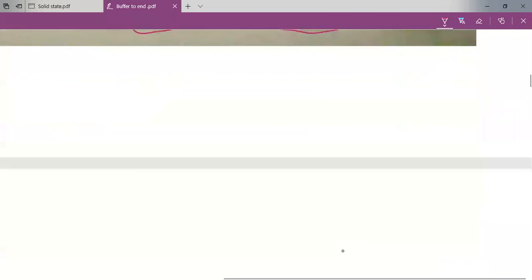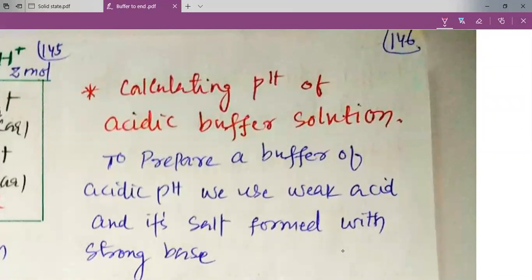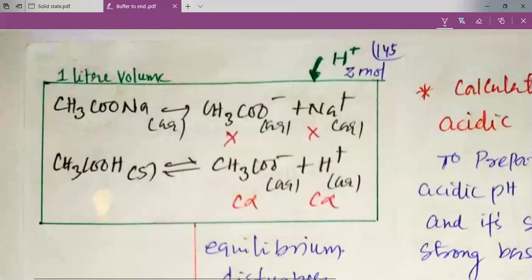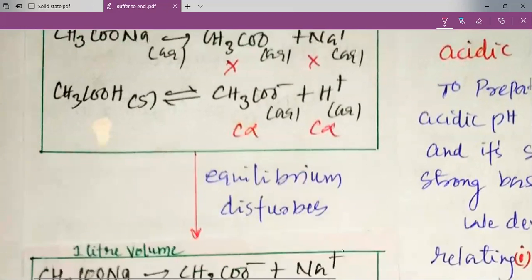Now, my dear students, we are going to see how the pH is maintained for the acidic buffer when we add the acid from the outside. So again, we have the solution where the equilibrium has already been established. The volume is maintained at 1 liter, and from outside we add Z mole of H plus ions. So when we